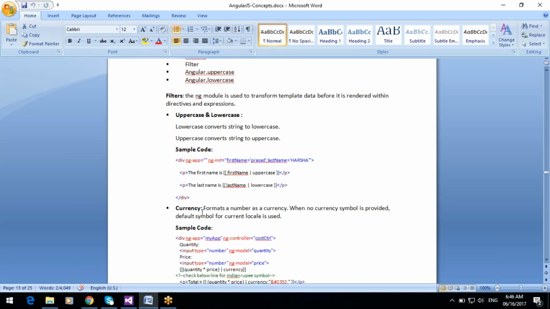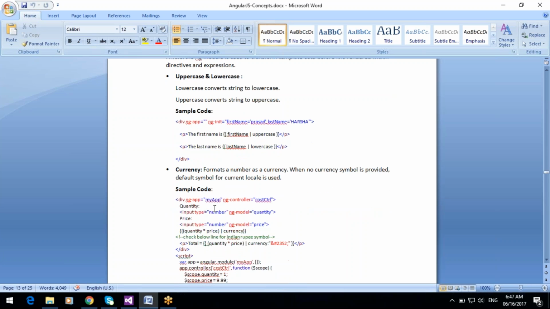The third one is currency. You can format a number as a currency. The currency filter by default takes the dollar symbol. If you don't provide any format, you can use CSS properties.